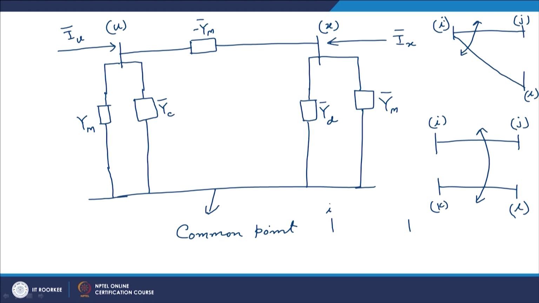There can also be a third possibility that there is a bus I and bus J, and there are two parallel transmission lines between bus I and bus J, and these parallel lines are also mutually coupled with each other, that is, we cannot neglect their mutual coupling. Then in that case, even these two will go and all these four will come into parallel to each other. That is trivial, so I am just leaving it for you.